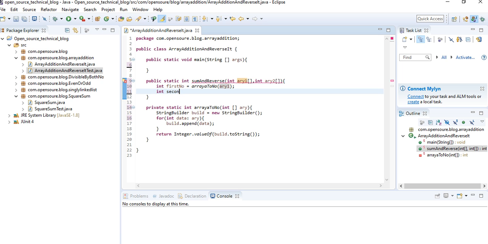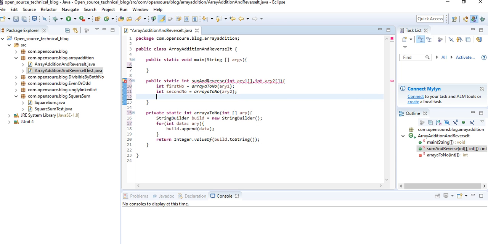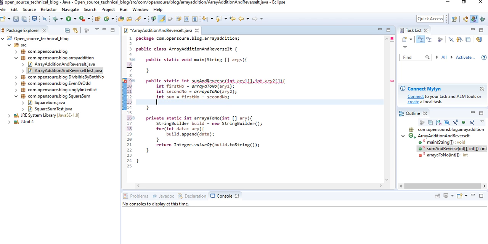Integer second. Okay, so we got these two numbers, then we need to add them. Okay, we've done the addition. Then finally we need to reverse it and return the number.